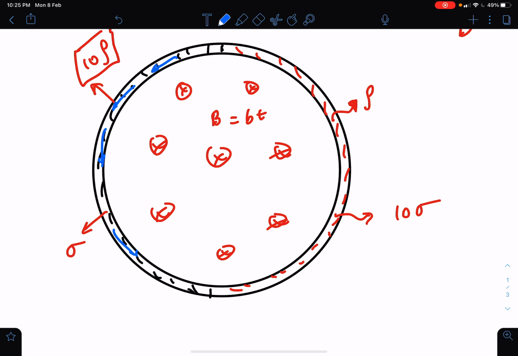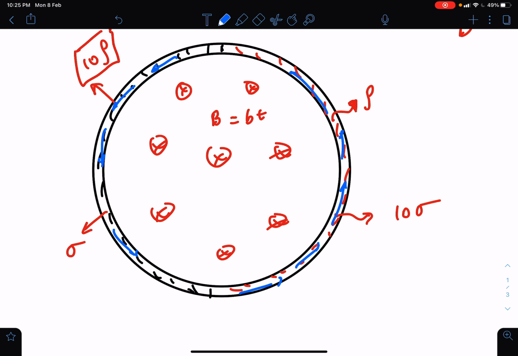Now, obviously, because there is one single ring, there will be one single value of current. To create this one single value of current, there will be some charge separation happening, and the charge separation will create its own electric field. So there are two electric fields inside the left half and the right half. In the left half, there is a charge separation electric field along with the induced electric field created by the changing magnetic field. In the right half also, there are two electric fields: the induced electric field created by the changing magnetic field, and the conservative electric field created by the charge separation. You might be knowing this funda of charge separation.